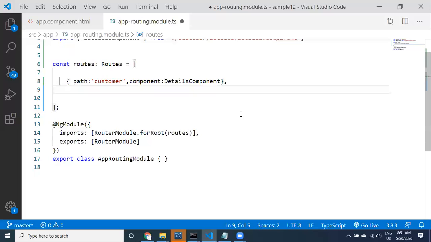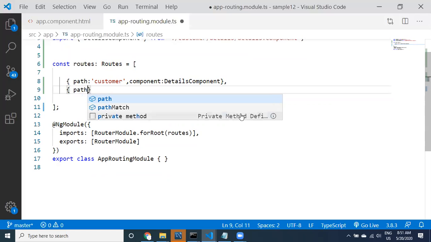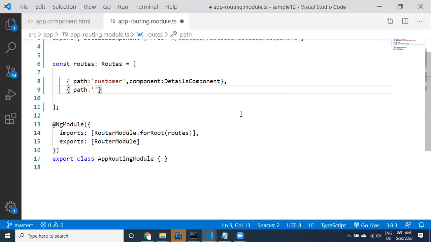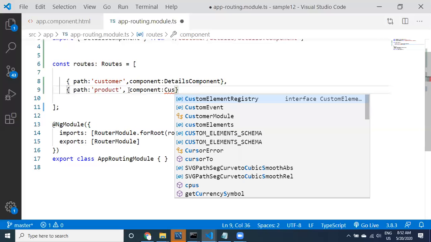And then here again path, customer, another one is customer product. If I say product, yes, product. Next I'm going to make it component equal to customer,